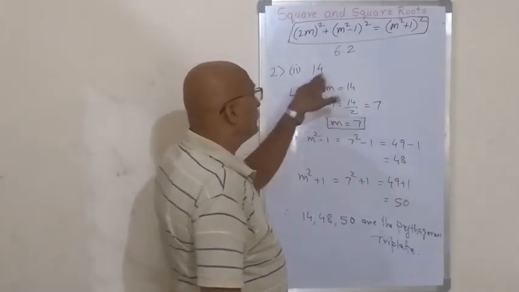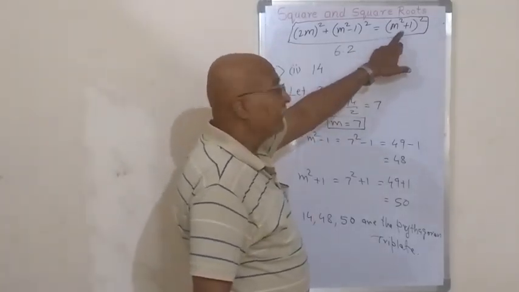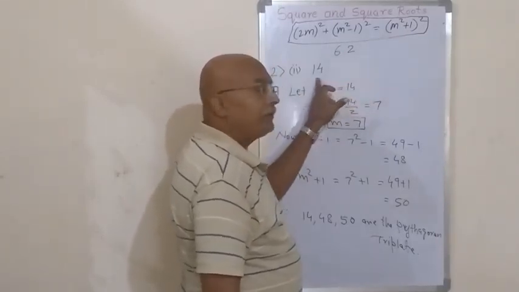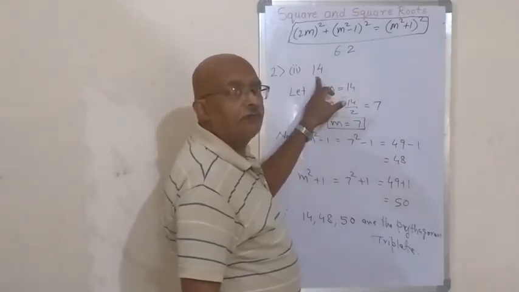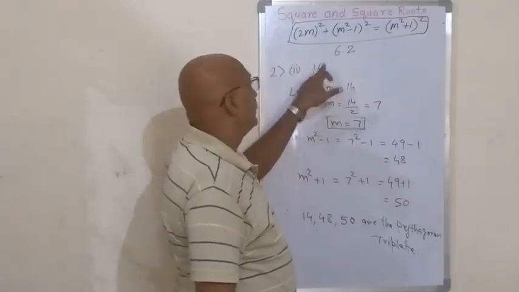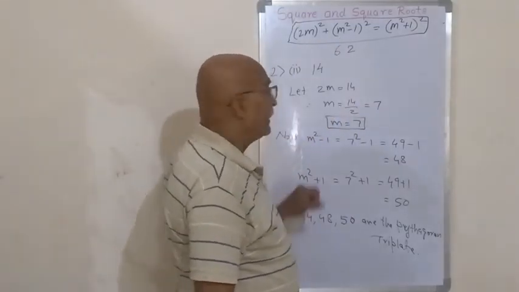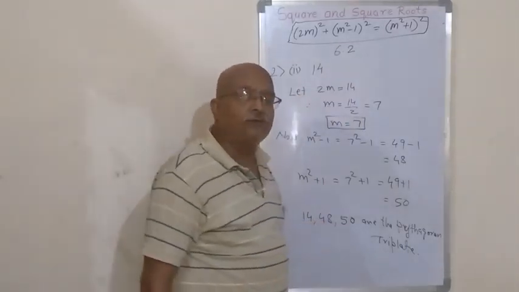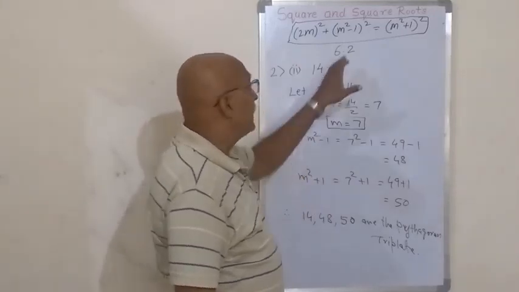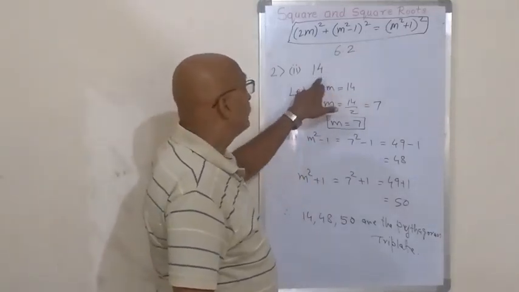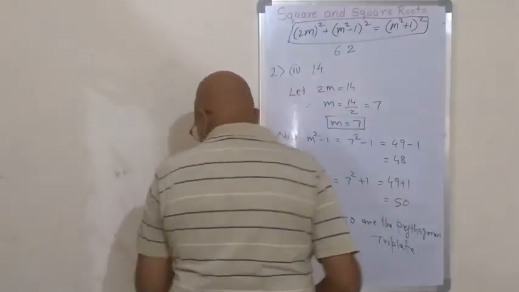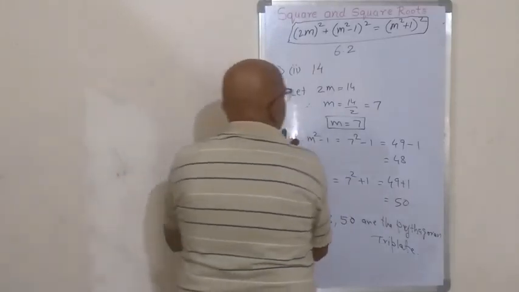Because if you consider this, then m square will be equal to 13, which is not possible. It is possible, but we will not get the answer in a complete number. Even if we compare here, 14 plus 1, 15, 15 also is not a perfect square. So we should get a perfect square there, and that is why these two are not possible here. We have to consider 2m as 14. Got it clear? So this way, now the next example we are going to see.